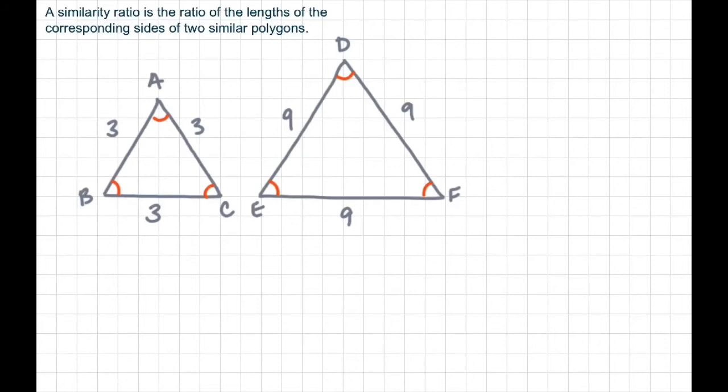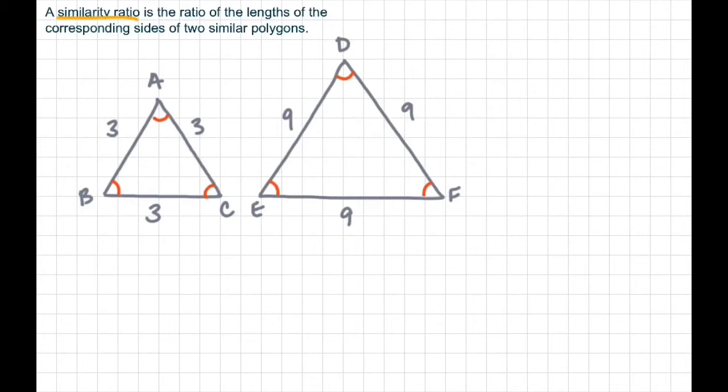So after that, we need to understand what the similarity ratio is. The similarity ratio is the ratio of the lengths of the corresponding sides of two similar polygons. So I look down at the bottom, and I'm already assuming that these two polygons are similar. I look at the angles first. All the corresponding angles from triangle ABC to DEF are all equal. Then I look at the sides,